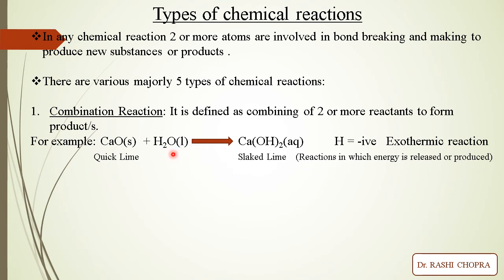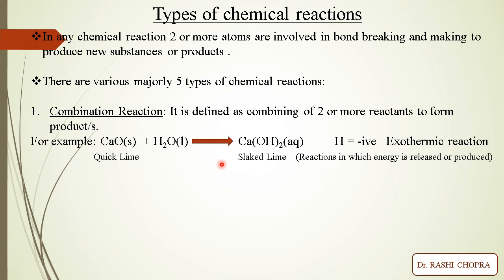When you shake it, a combination reaction will occur between calcium oxide and water to give what is called calcium hydroxide, Ca(OH)2, which is also called slaked lime. Okay, quicklime is called calcium oxide, slaked lime is called calcium hydroxide. So calcium oxide and water combine together to give me calcium hydroxide or slaked lime. So this is an example of a combination reaction. The teacher is going to ask you what kind of reaction you are doing when you are adding calcium oxide and water and you are getting calcium hydroxide. It's a combination reaction. Two reactants are combining or getting added up.